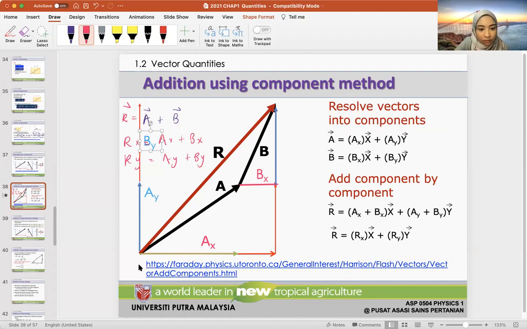Ay plus By, if I'm adding them together, it would look like this. Okay. And then your Ax and Bx, if I'm adding them together, okay, it would look like this. And if I want to know what is the resultant,